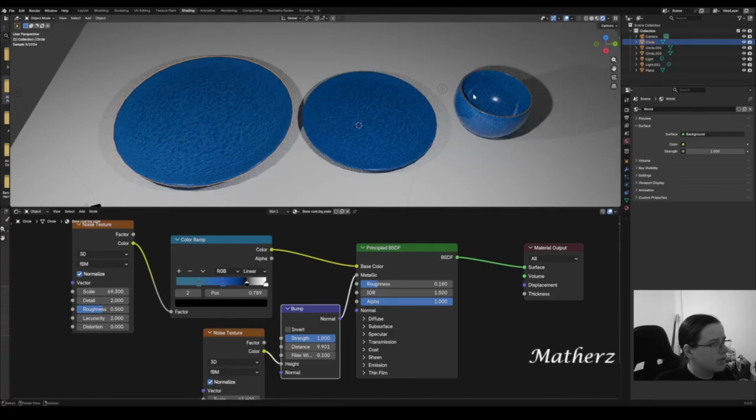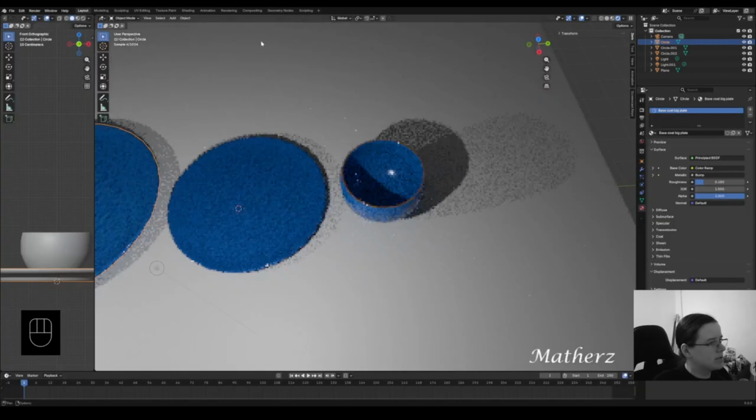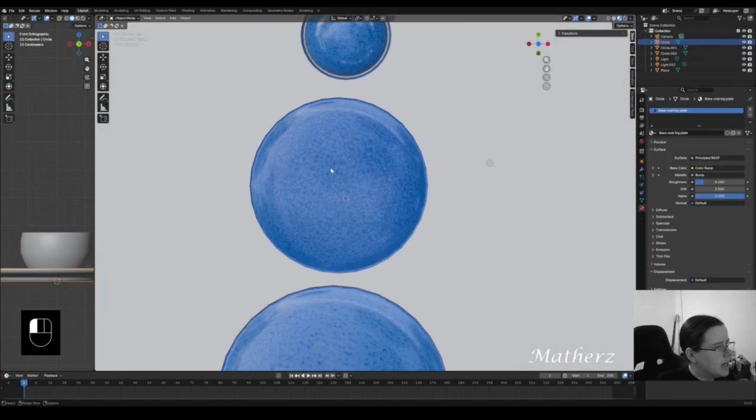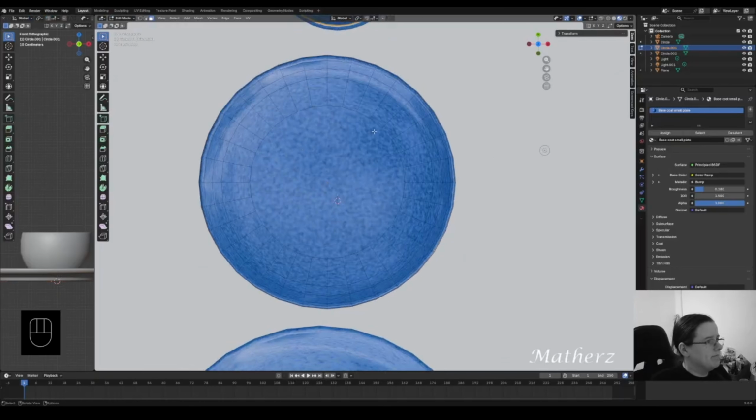Okay, so once we've got this, if you want to add the gold trim, let's go back to layout. I'm going to go 7 to heaven real quick. Let's go back onto the, excuse me, the third render. Let's go to the small plate to begin with. We'll go to edit mode. We're going to do the exact same thing that we did with the bowl and go around the edge and just select everything here,